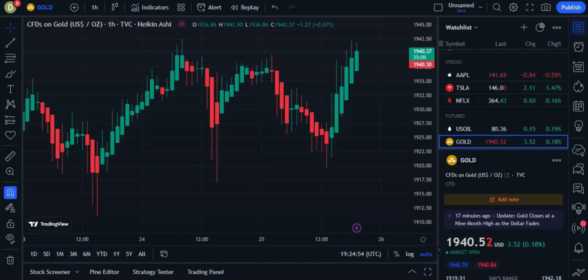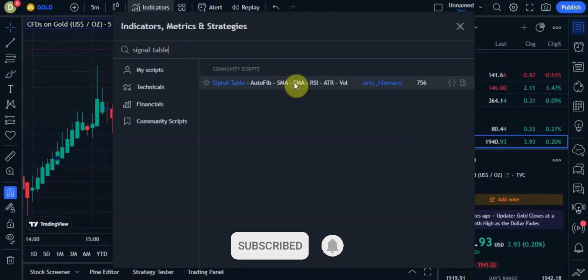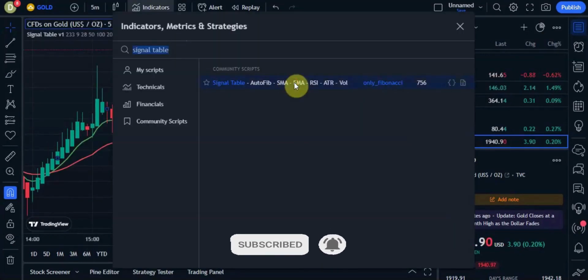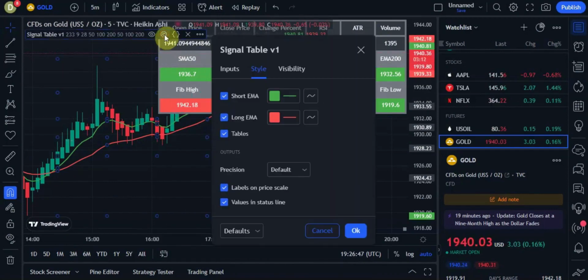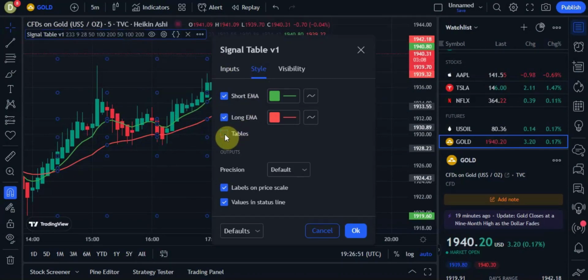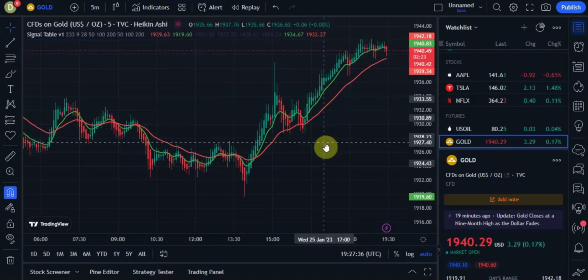And we're going to start off with a gold chart with a 5-minute time frame. Here it is. Let's add it to our chart. And this is what it looks like. We see we have this table right here, but we want to get rid of this. So let's go to settings and style, and let's just uncheck this box here that says tables, and then hit OK. There we go. So we can see this indicator has two lines here, a green line and a red